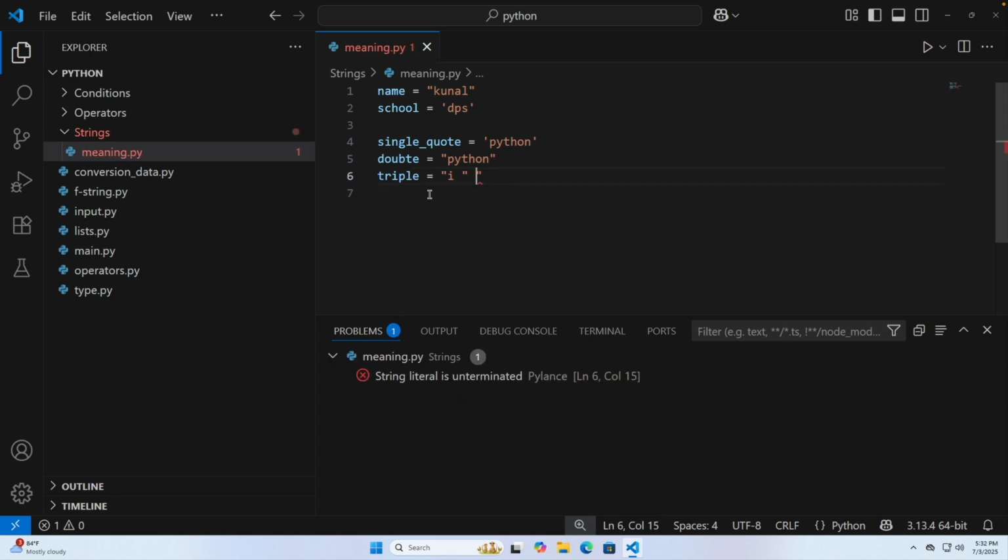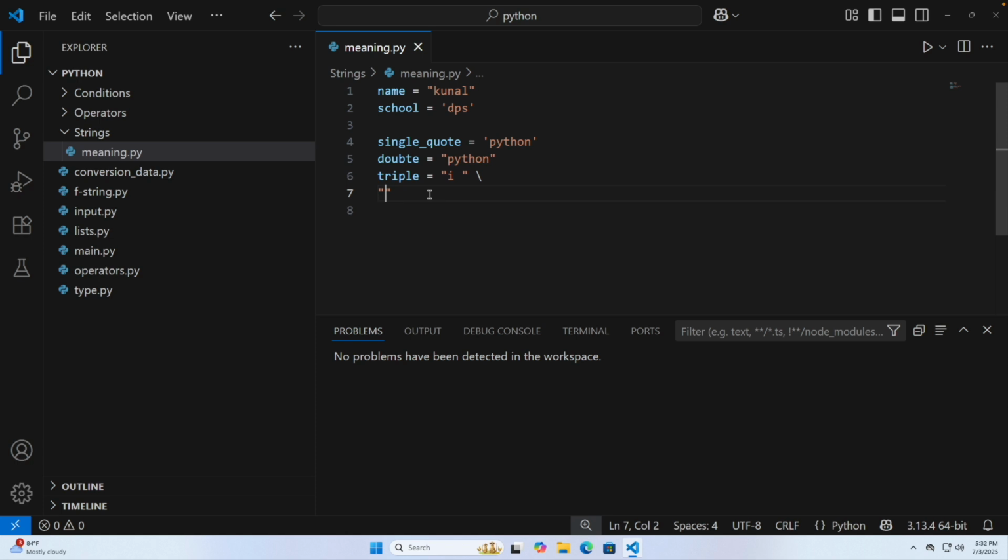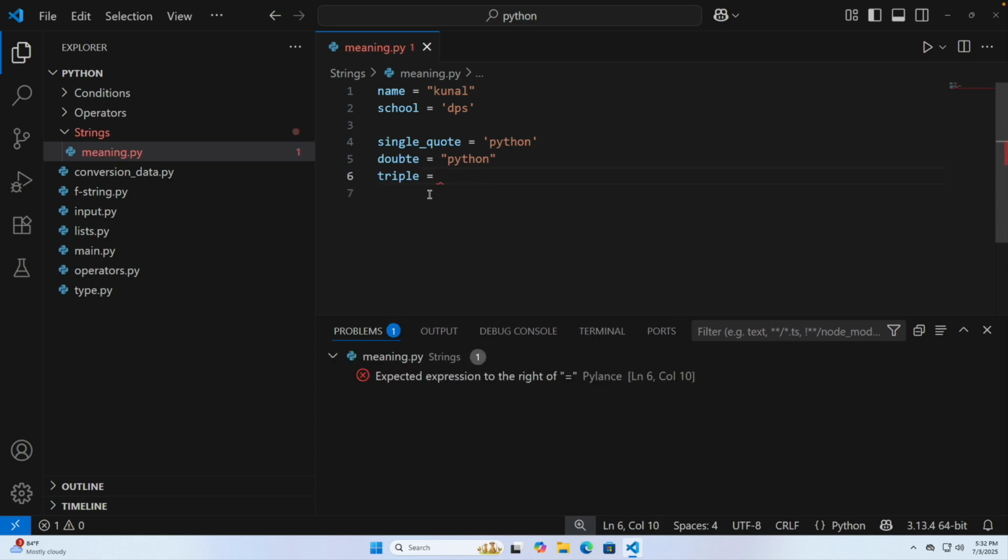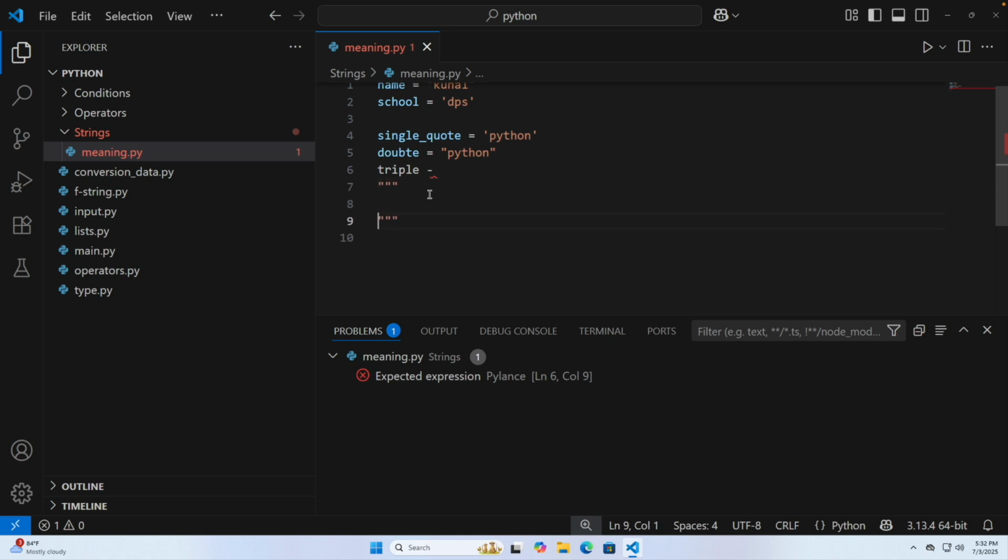wait, I wait, okay, wait. So here what you can do is, in the brackets, you can just write like this. Let's say whenever you want to add some text or something,